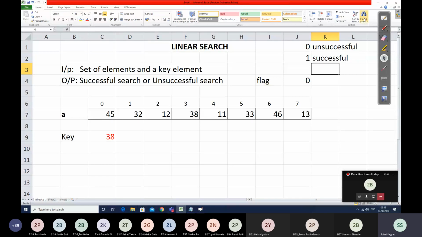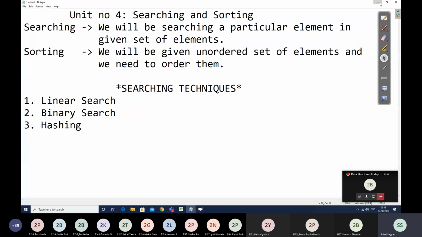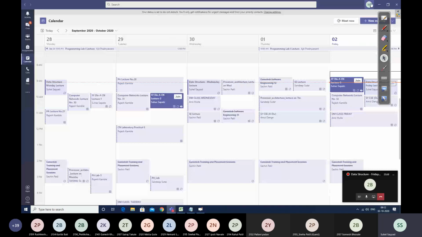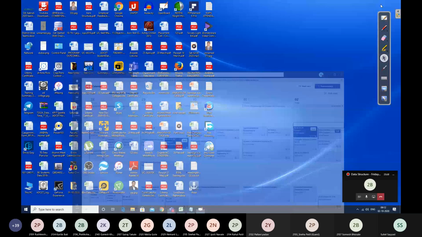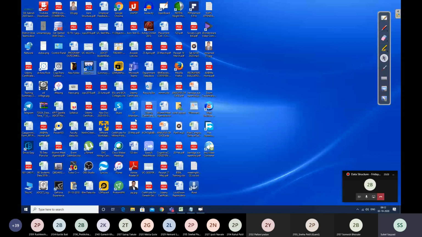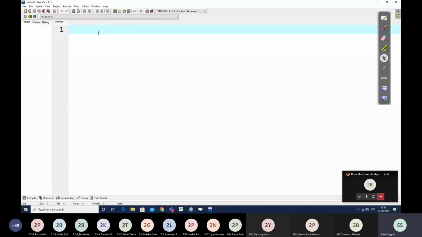Now let us try to write the pseudocode for this particular part. So let me open the coding environment. So I won't be writing the entire program for you people.